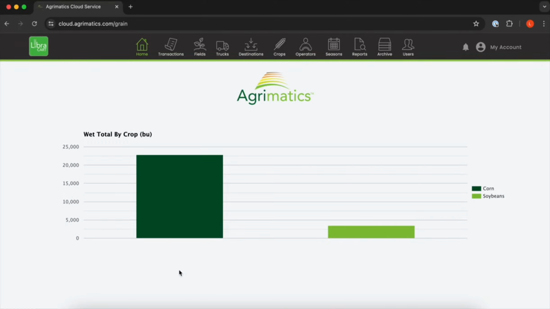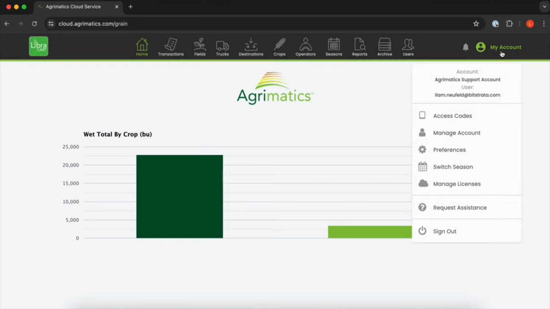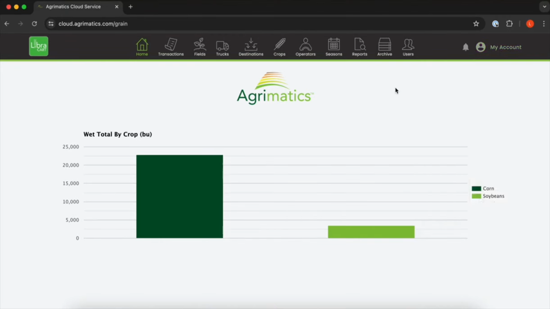This video we will be going over the Trucks tab in a little bit of extra detail. Go ahead and log in at cloud.agramatics.com and select your account, and you'll be brought here. Today I am working on our Agramatics support account, which is a Pro subscription enabled account. So we'll be going over some of the differences between the basic and Pro features as we go along. But to begin, we can move over to our Trucks tab here.